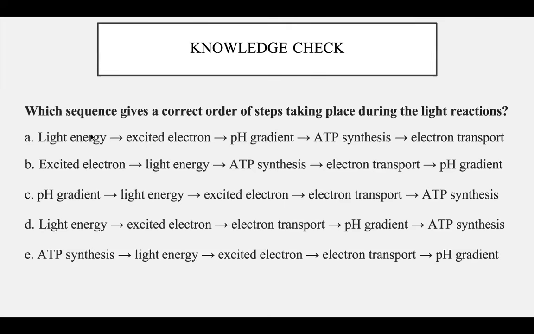So someone asked why the answer isn't A. The reason the answer isn't A is because you can't produce ATP synthesis without obviously the electron transfer chain, and you can't produce a gradient without the electron transfer chain. So before everything occurs, the electron transfer chain has to come first in order to create the gradient so that ATP can be synthesized.